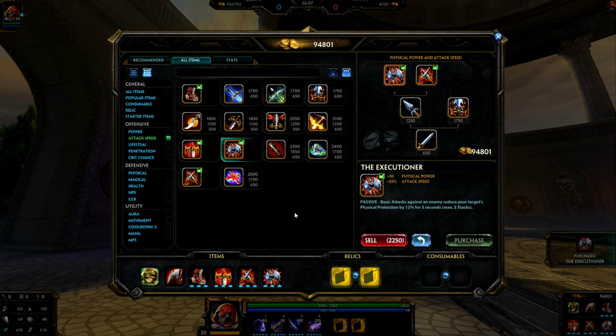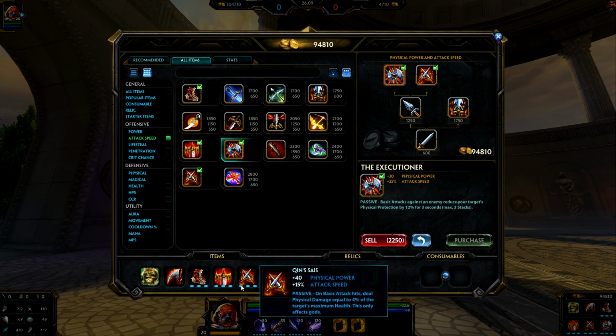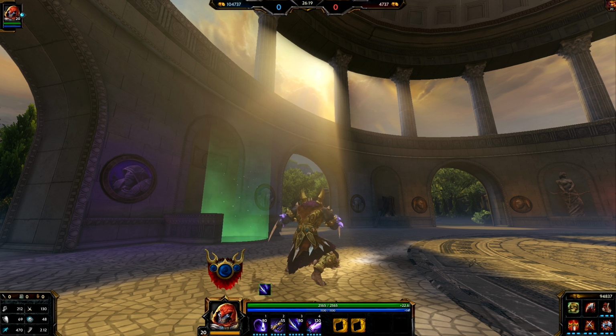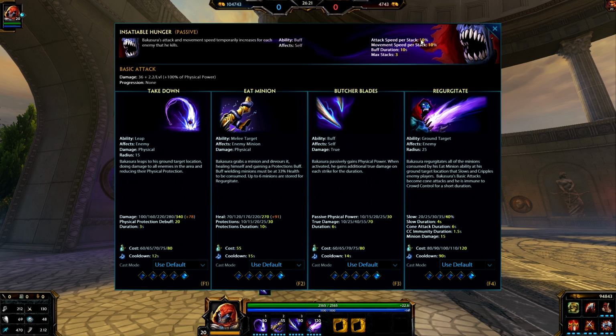Or if you don't want to go into Executioner, like maybe you plan on going into even more attack speed items, you don't want to overcap your attack speed. The cap for attack speed, if you do not know, is 2.5. So you got to kind of keep your passive in mind that it does give you up to 30% more